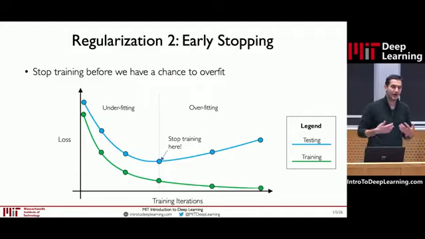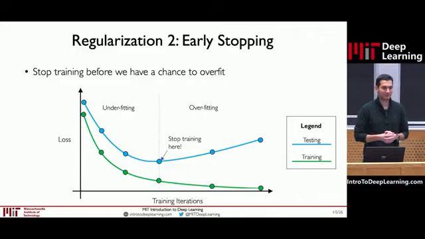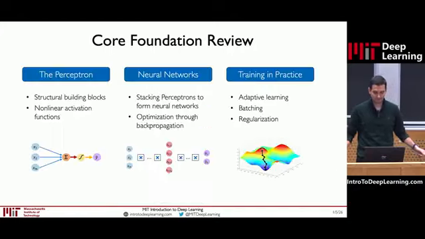This is such a very powerful idea because it's very general, this approach. You can really apply this to any type of model, and you can really track these curves, right? It doesn't require architectural modifications. You just monitor the loss of your neural network over time on two different data sets, one that you train on, one that you test on.